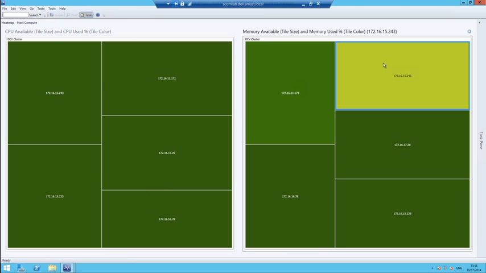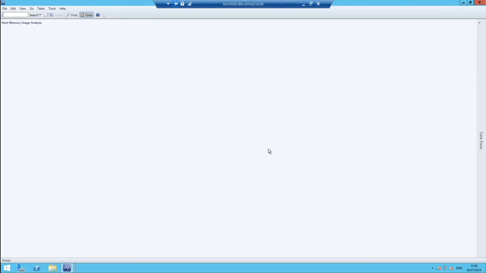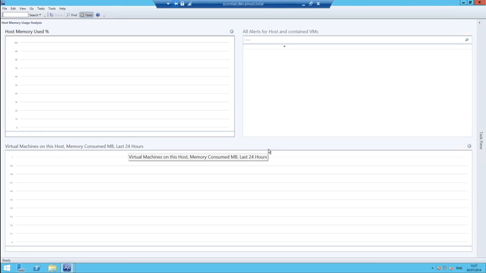The cool thing about these heat maps is that you can, at a single glance, look at how your environment is performing. But imagine one of your monitoring guys or girls looks at this and says, hey, this starts to look yellow, maybe I should quickly look. He or she can just right click, go to navigation, and then say, for example, host memory usage analysis. You can see we have quite a lot of dashboards that you can use to do an analysis, but in this case I want to see the memory, and automatically we jump into a specific dashboard,